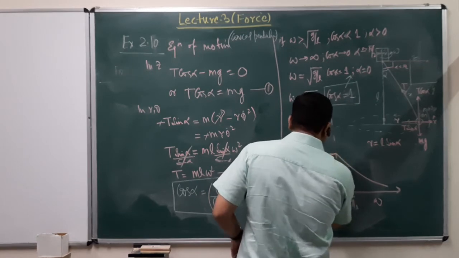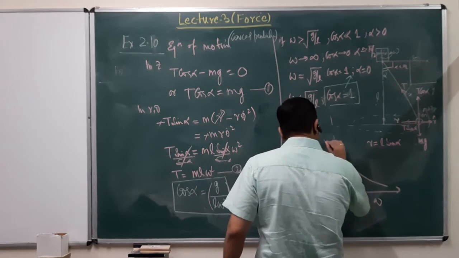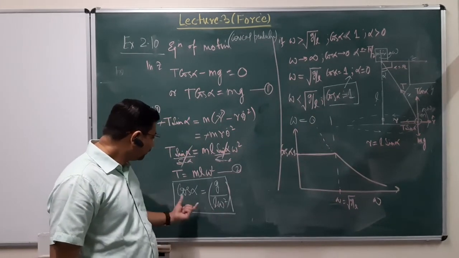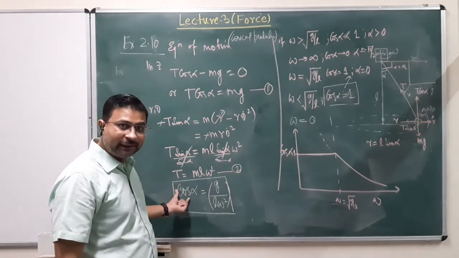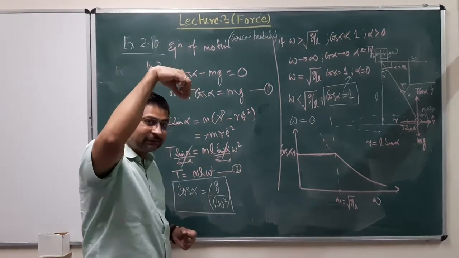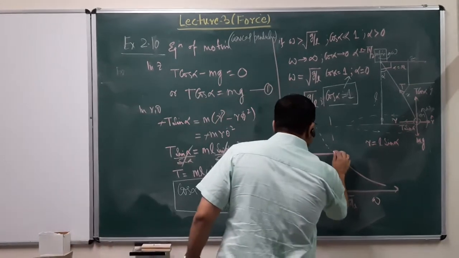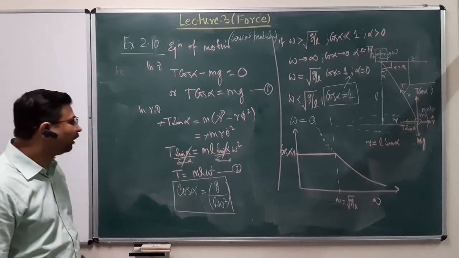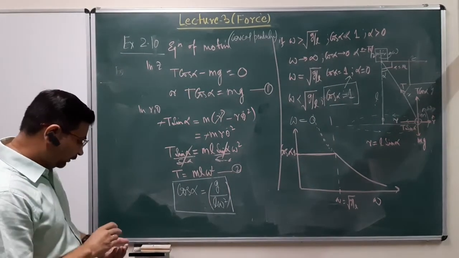So physically, this will be the curve. Although my equation says that it should have gone like this, right? The equation says that for omega less than square root of g by L, this should keep on increasing, and basically at omega equal to 0, this should be infinite. However, again, that's not the case. We know that at omega equal to 0, the pendulum simply hangs. There is no alpha. Alpha is also equal to 0, right? So there is this mathematical curve which extends on the lower side. However, we know that physically it's not realizable.